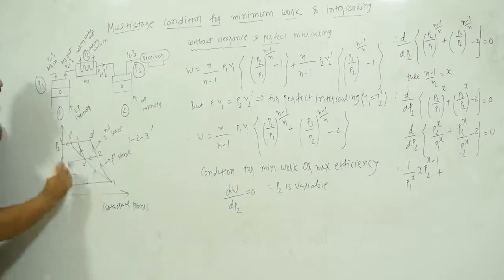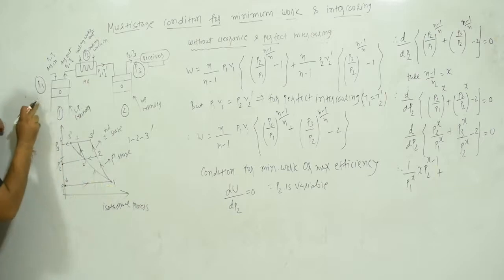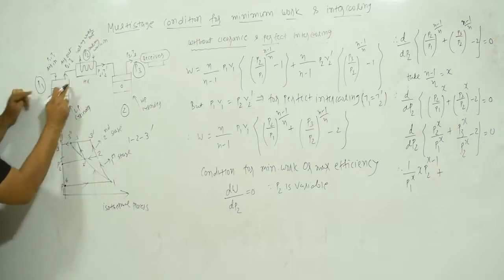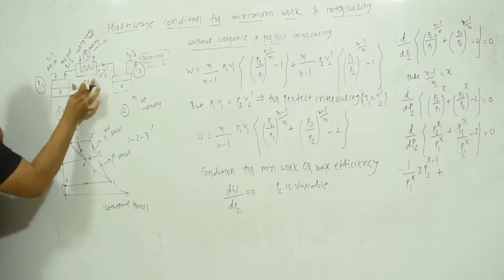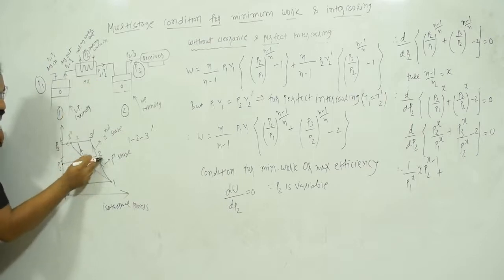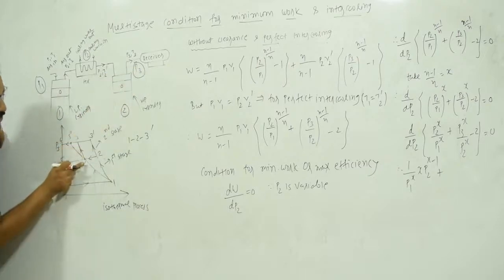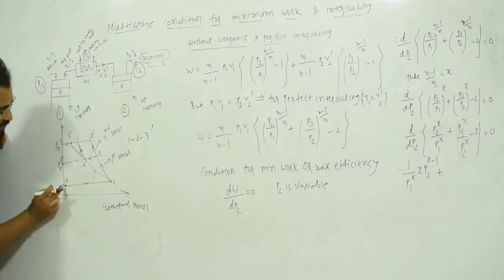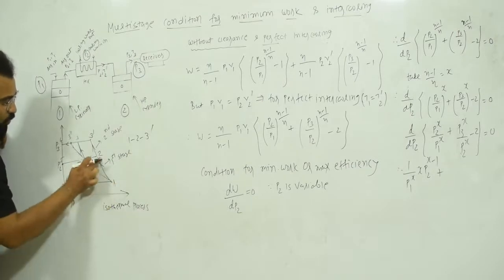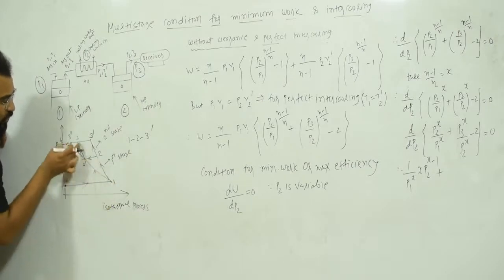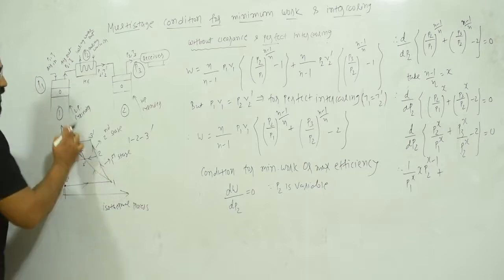So what our cycle will be over here is 1 to 2. First I will do compression in a single stage, 1 to 2. Then I will do intercooling at a constant pressure, so here you can see 2 to 2 dash. And then I will do compression from 2 dash to 3. So our cycle will be, here I am explaining the cycle, 6 to 1, 1 to 2, 2 to 2 dash, 2 dash to 3. Okay, so this is what we are going to do over here.